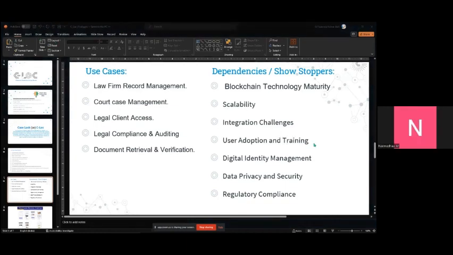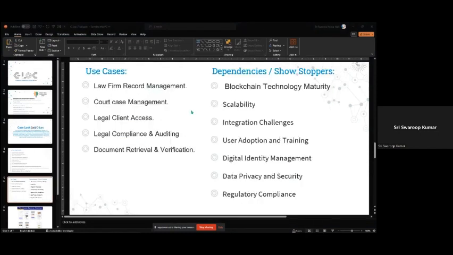So, guys, we have stopped at the integration challenges. There was one more thing given in the problem statement: we need to integrate the app with whatever existing case management systems are provided. So we thought about adding the existing case management systems into the app as a feature so that they can log in and put their data there.